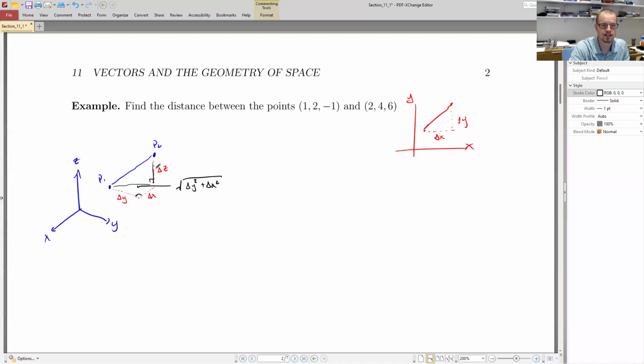And then this side length here is just the change in z. That allows us to observe that this distance is the hypotenuse of this right triangle. So the distance would be this side length squared plus this side length squared,